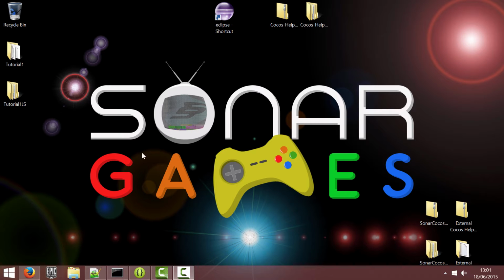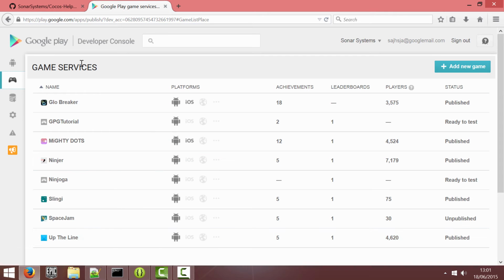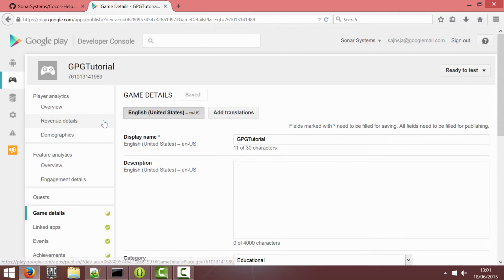So the first thing you're going to want to do is go to the Google Play Developer Console and set up your game service by clicking Add New Game, and you can add achievements and leaderboards, and you can basically generate all the numbers that you're going to need to put into the settings file. I'm not going to show you how to do this because you can go check that out on the C++ side tutorial and just save a bit of time. It's really straightforward. Just click add and follow all the settings. And so once you've done that,